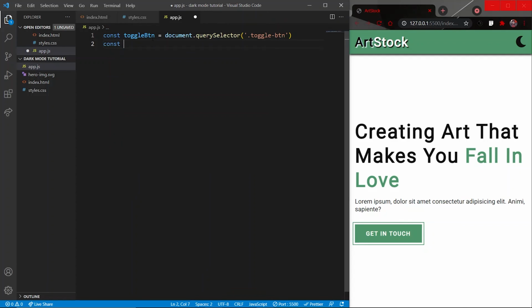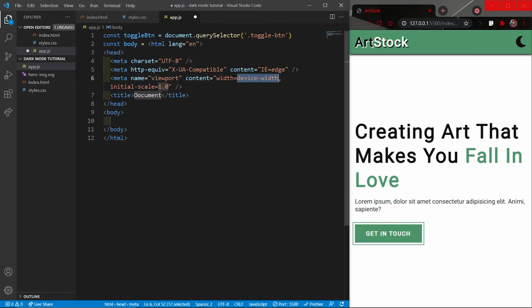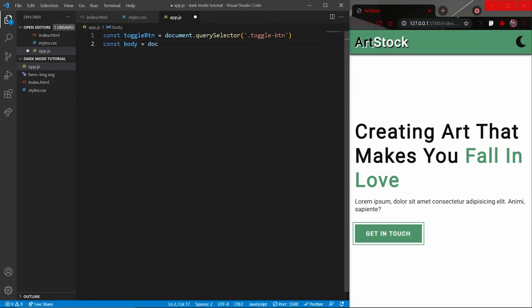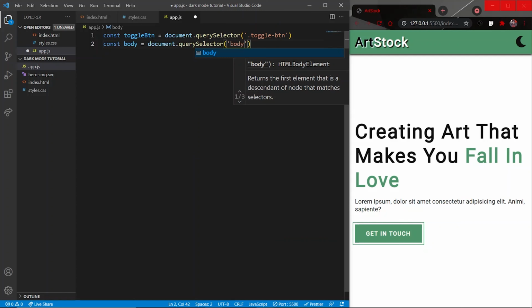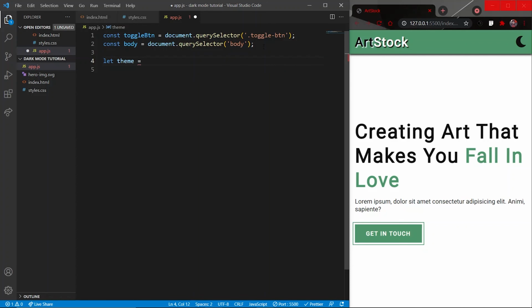Then I will select the body tag in a similar way, document.querySelector, and I will select the body tag. Then I will define a variable which will store the value of the theme, and the default value for the variable will be light because we initially want that theme to be light.